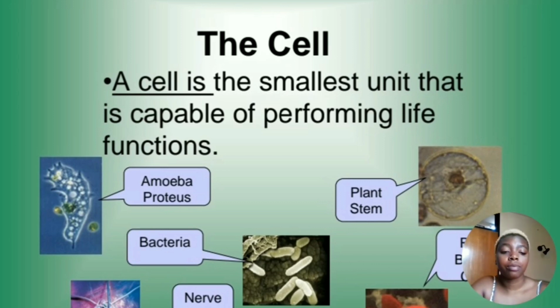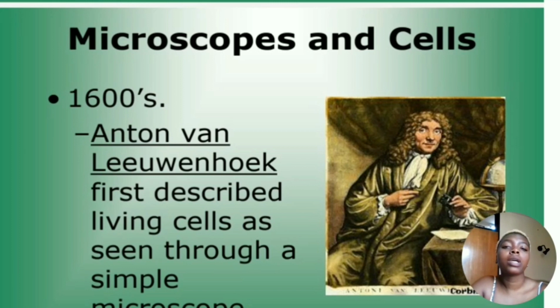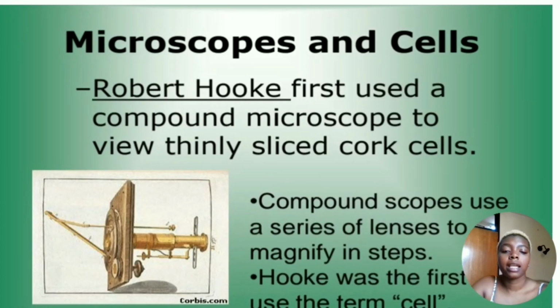So here are examples of the types of cells that we have. We have amoeba, proteus, plant stem, bacteria, the nerve, and so forth. As we look at the history of the cell, we can see microscopes and cells. In the 1680s, Anthony van Leeuwenhoek first described living cells under a microscope. He's the one who basically found out about cells when he was looking into the microscope, right? And then after that, another scientist, Robert Hooke, used the compound microscope to view tiny sliced